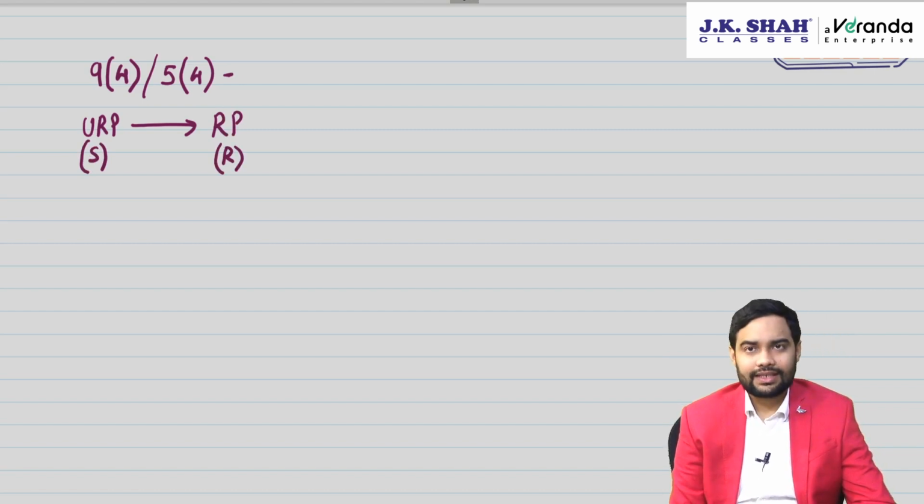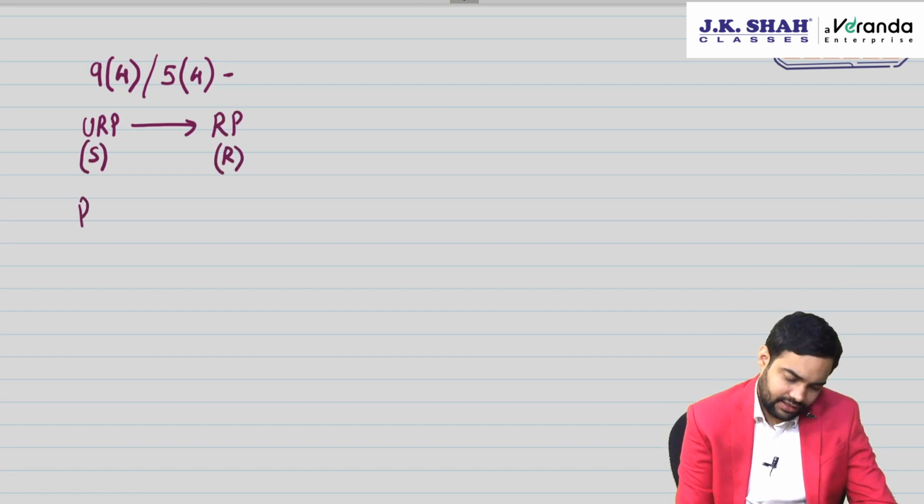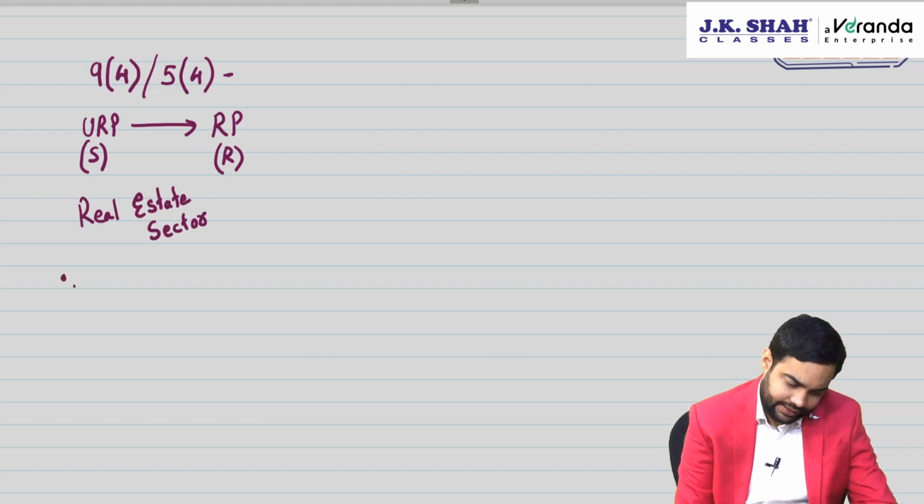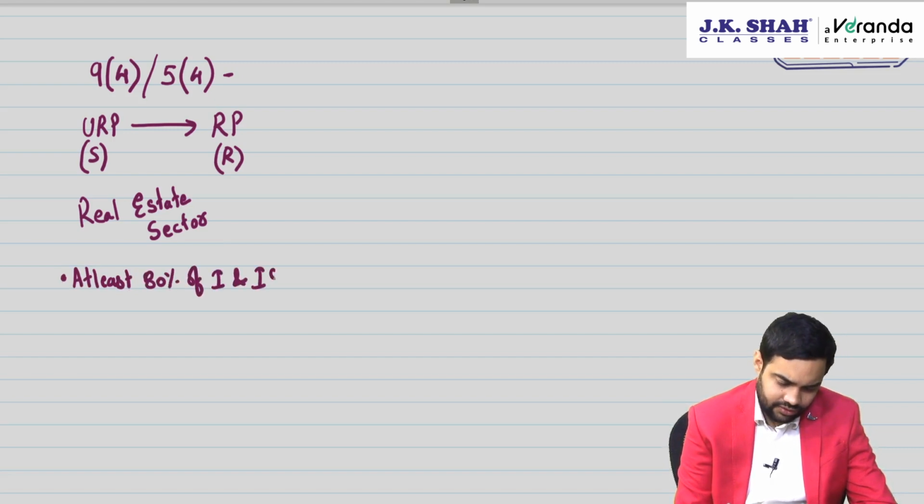Only one sector is notified as of date, and that is the real estate sector. Now what does the law say in this? The law says that at least 80% of the inputs and input services are to be purchased from registered persons, otherwise